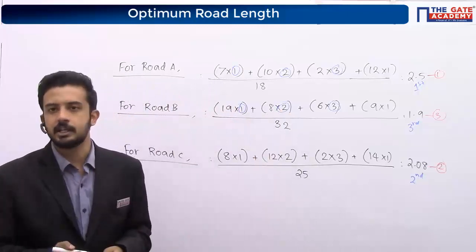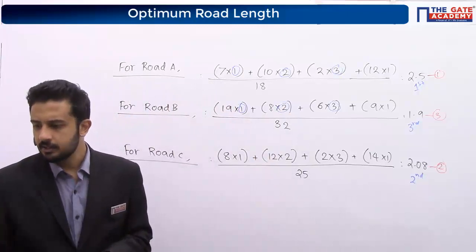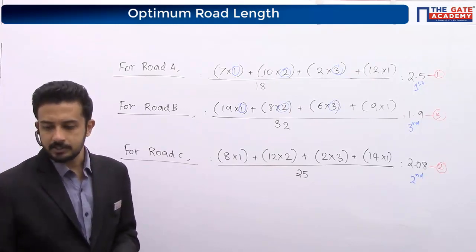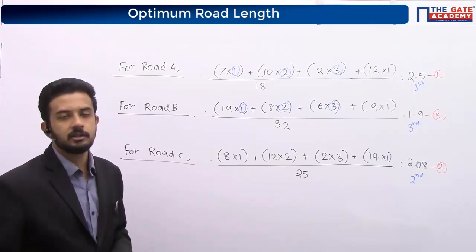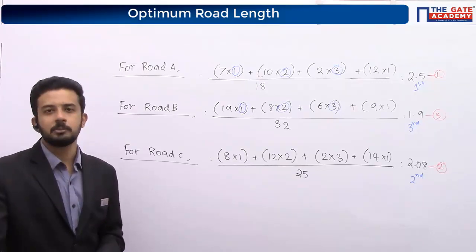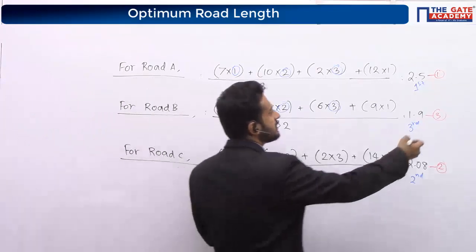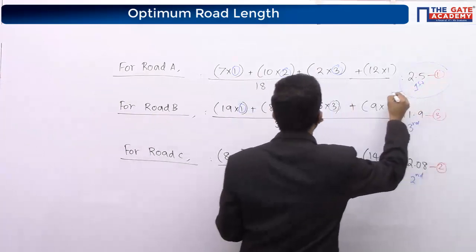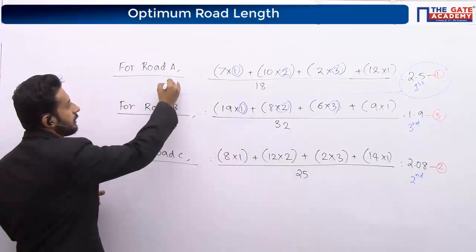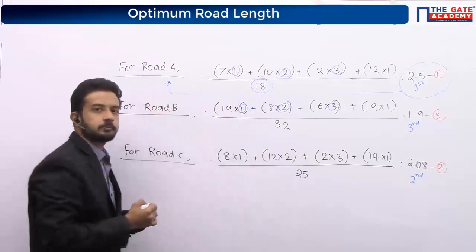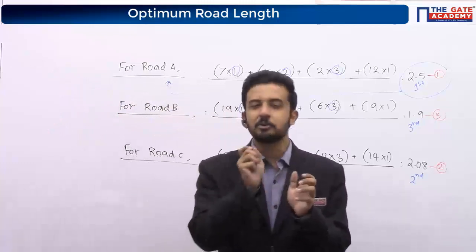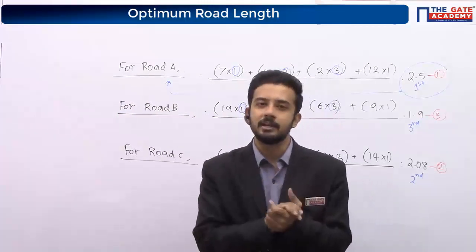Okay, we'll see a question like that. In this question, what will be the optimum road length? Can you tell me the optimum road length in this question before going into the next question? Okay, 18 kilometer. Whichever has the highest priority, the corresponding length of that road is the answer, 18. If exactly this is the question, what are you going to type there?